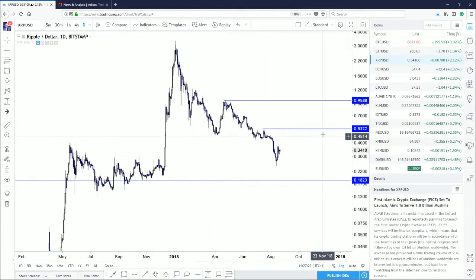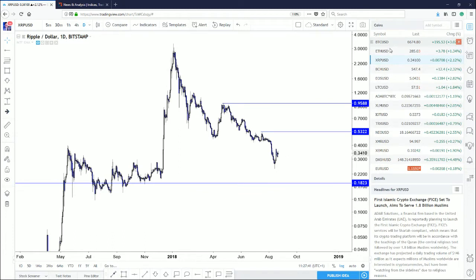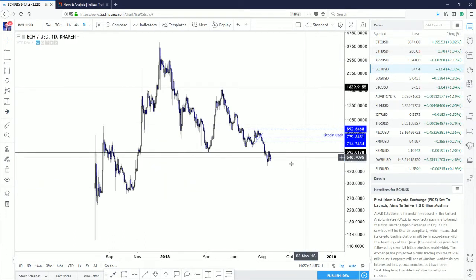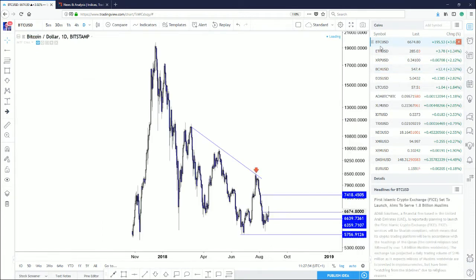So I don't really foresee this market bottoming out. Maybe it will bottom out, but I can't foresee it rallying strongly. It probably needs to trade more sideways like it did here, and then eventually push to the upside. So this is just it. Bitcoin Cash as well, downtrend. So you have literally most of the top coins, number 2, 3, and 4, pretty much being bearish.